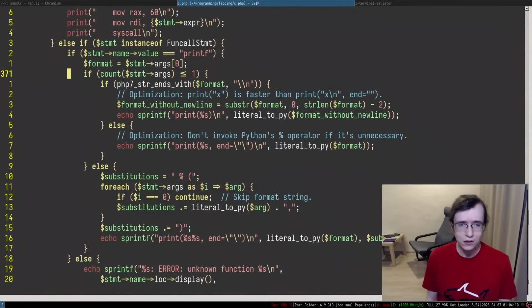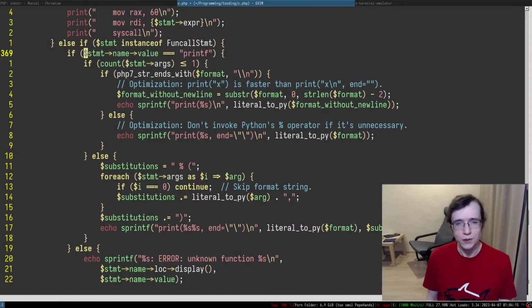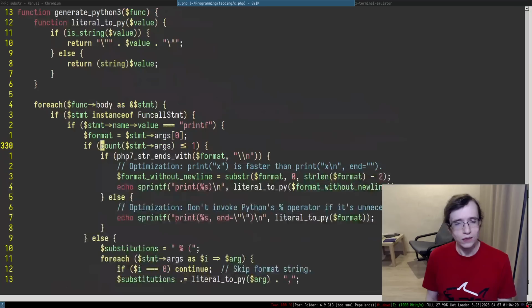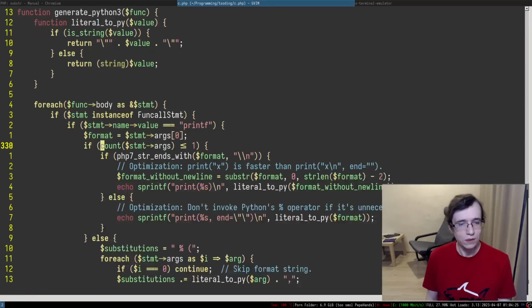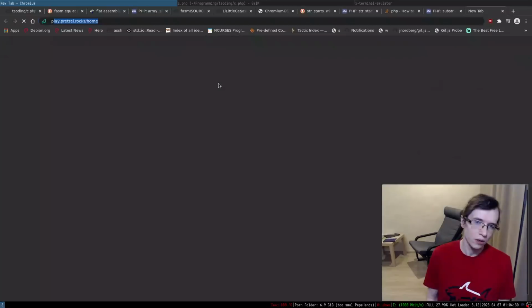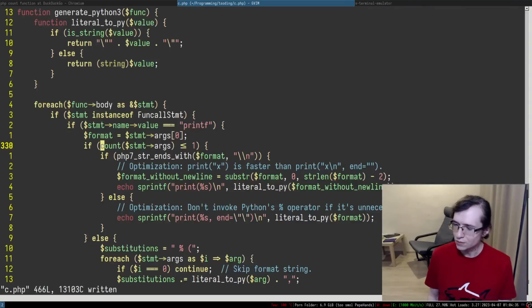So we're supposed to have different arguments, right? So essentially, yeah, this is a format. So the count, what the hell is count? Wait, what? It's a count function. I've never seen a count function before. PHP count function. Is that something custom?